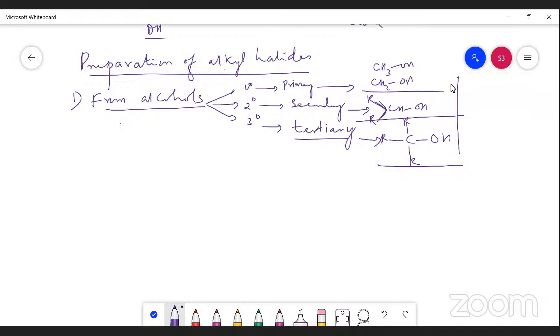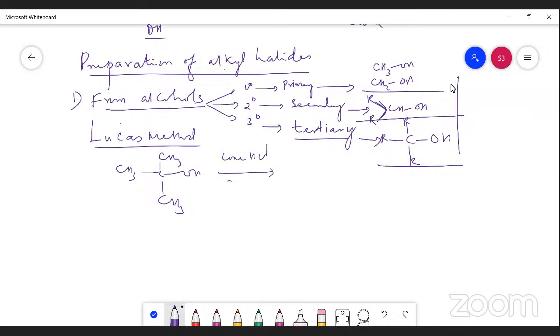First of all, I want to take the Lucas method. The Lucas method is highly reactive with tertiary alcohols. So first I am taking a tertiary alcohol. You know that CH3, three alkyl groups with the COH. This is a tertiary alcohol. And this tertiary alcohol is treated with concentrated hydrochloric acid and anhydrous